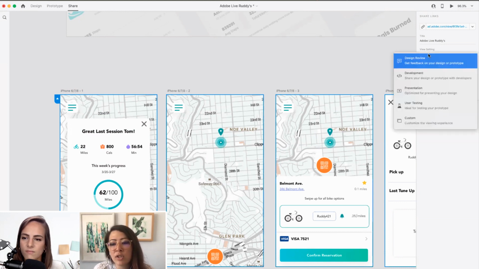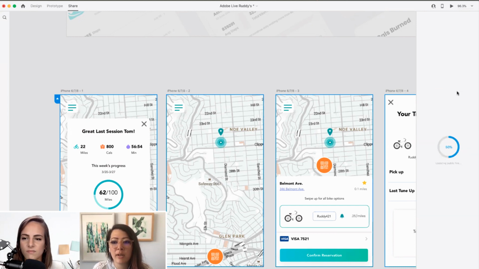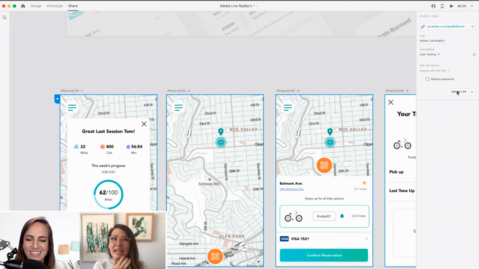So you can change the setting to user testing. And this is really ideal for when you're user testing. Don't have it be any of these other settings. You need to make sure it's user testing, and I'll show you why. We don't need them to see the comments or anything. Exactly. I've made that mistake, guys. Really? I've sent the wrong one. Luckily, there was somebody who just didn't even understand prototypes and what the difference of the commenting was, and I was like, just exit out of the comments. Yeah. That's funny.